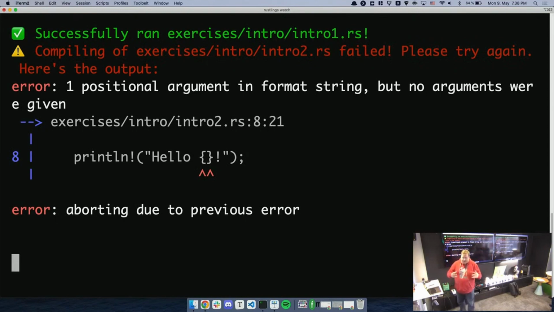Then it says we tried to compile intro 2. You get the actual output from the compiler, and now your job is to fix this. The thing is that Rustlings doesn't really teach you how to do any of these things, so you need the Rust book or some other complementary materials while you're learning.